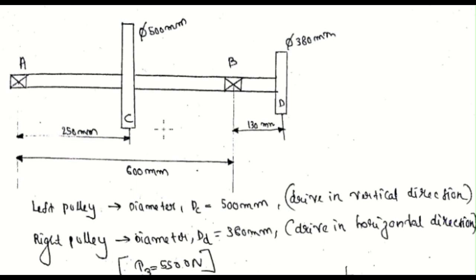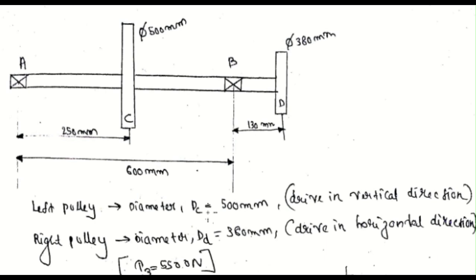So first thing first, we have to write the given conditions. For the left pulley, we know the diameter is 500 mm. It's having a drive in vertical direction. That means the power transmitted is going in the vertical direction. And for the right pulley, they already mentioned its power transmission is along the horizontal direction. Then I have written T3 as 5500 Newton. Okay, so based on the question, the maximum tension along the pulley on the right side is